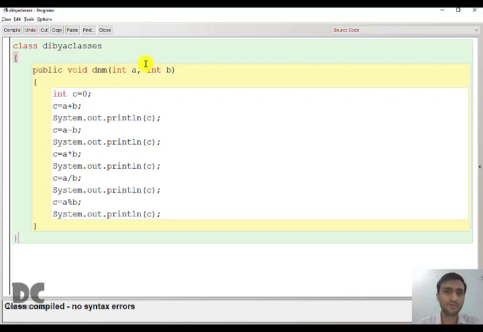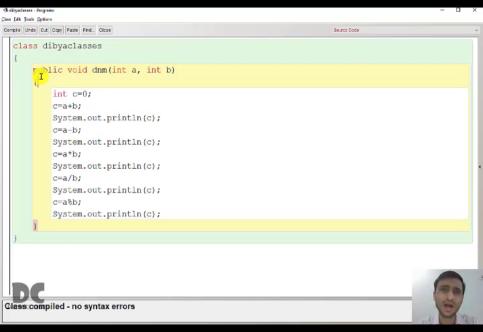So I got two values from the user. Then using the variable C, first I added those numbers, then got it printed, then subtraction, then multiplication, then division, then modulo division. This is a simple class 9 program. Now we'll do the same program using functions. So how do we know how many functions are required in this program? Now this program has just one function, but now I will be using multiple functions to do the same program.